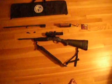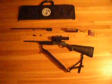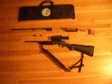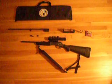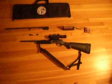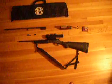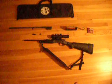Wanted to throw out another gear review for y'all. This is the Rossi 22 and 410 matched pair rifle, combination rifle. There's other great YouTube reviews on this rifle, so I'm not going to go into great detail about the